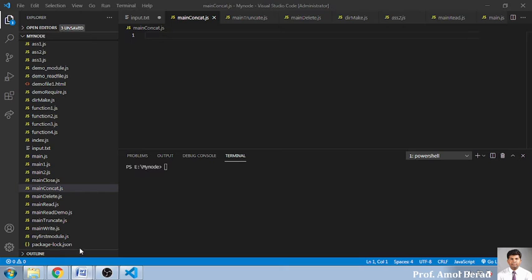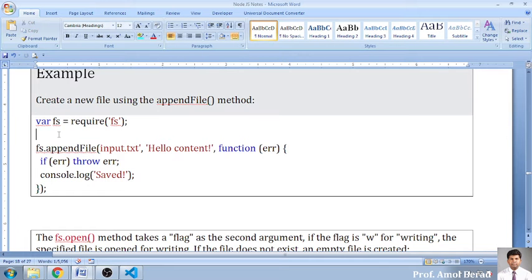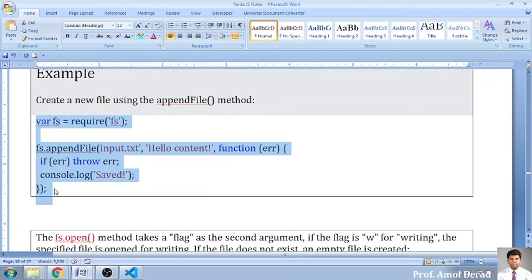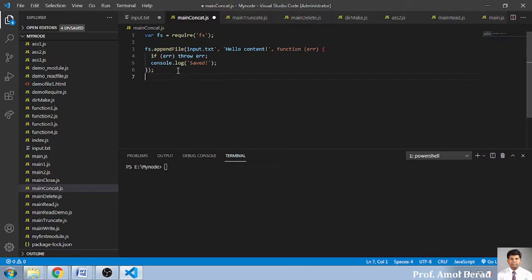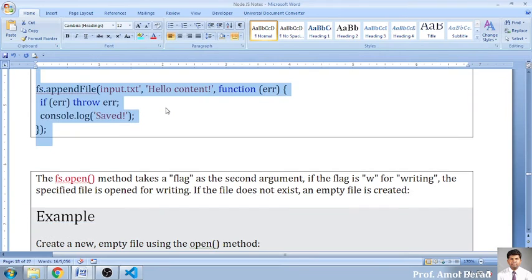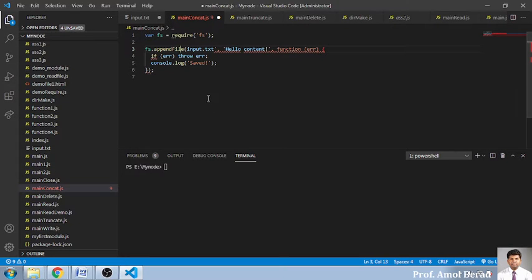So how do we add? It's very simple. You just use appendFile. The appendFile function will be appending the content. So this will only be appending.